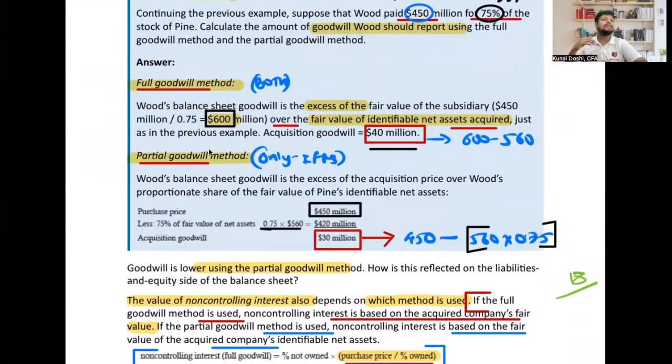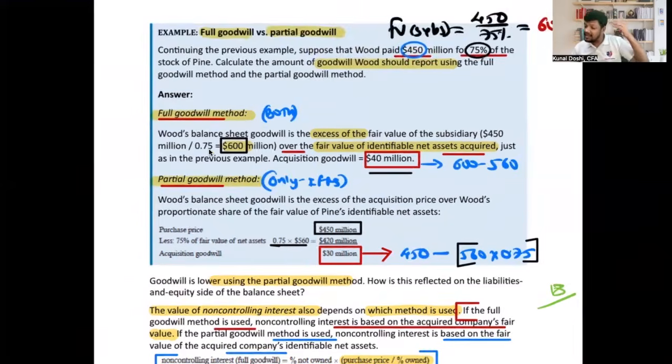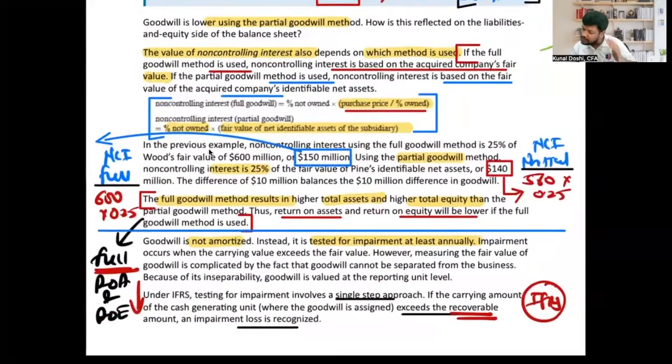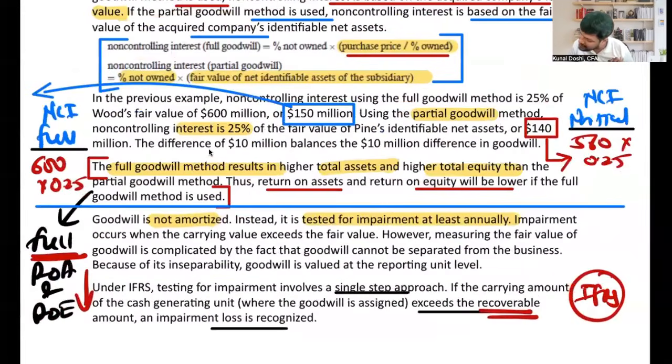I get here now the value of goodwill is slightly different. Here it is 30 million instead of 40 million. Okay. So you will see there is some minor change, correct? Overall, the full goodwill method results in a higher value that you see here. So please focus that the full goodwill method results in higher total asset and higher total equity than the partial